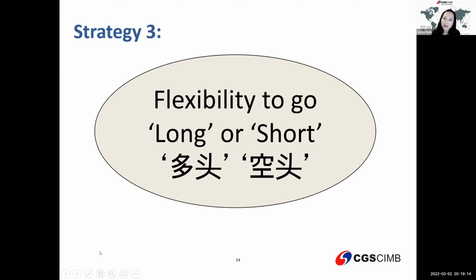And for CFD, the nature of CFD is that it's very flexible. So you can actually go long or short easily as well, unlike a traditional cash market. If you want to go short, meaning when you want to sell the shares before owning them first, in a cash market, that is actually a very risky thing to do. So it's never encouraged in a cash market.